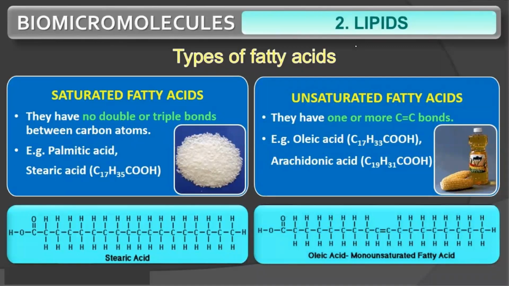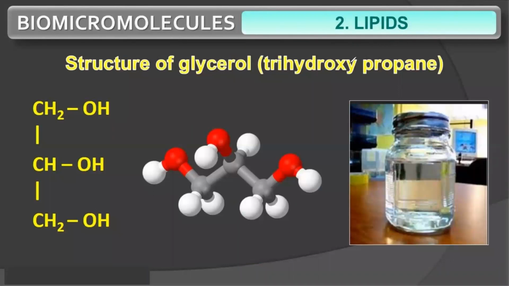Fatty acids are of two types: saturated and unsaturated fatty acids. Saturated fatty acids have no double or triple bond, as you can see down in the structural formula of stearic acid. And unsaturated fatty acids have double bonds. The saturated fatty acid examples are palmitic acid or stearic acid, and the examples of unsaturated fatty acid are arachidonic acid or oleic acid. This one is the structure of glycerol, which is